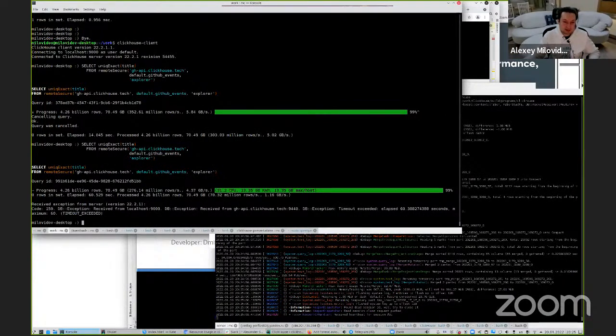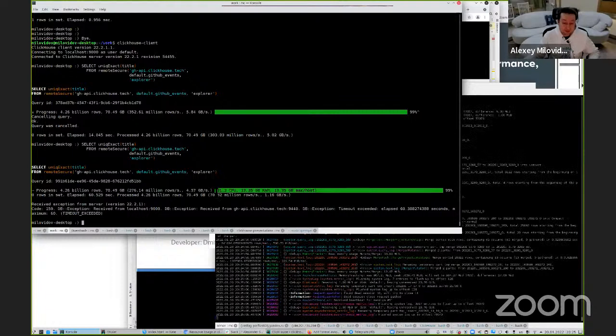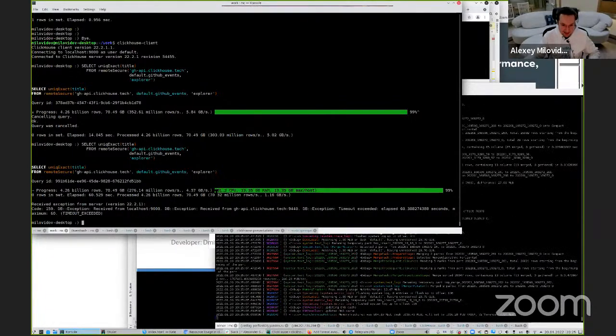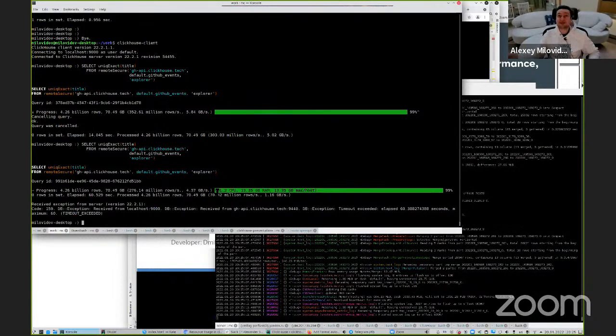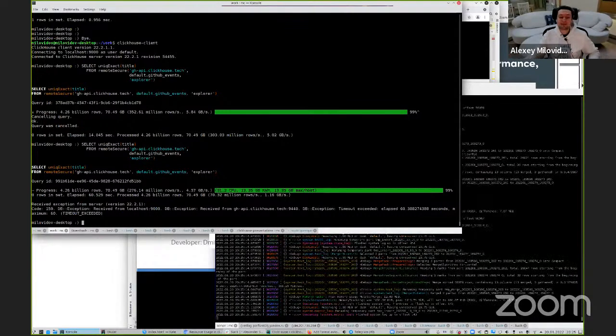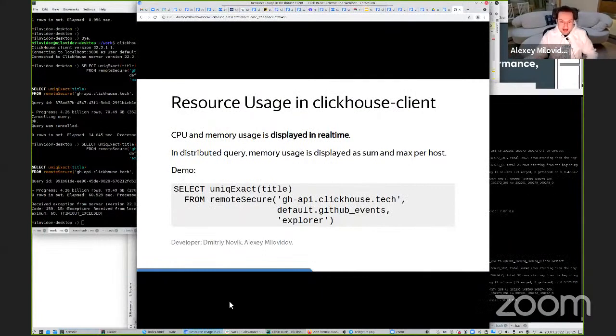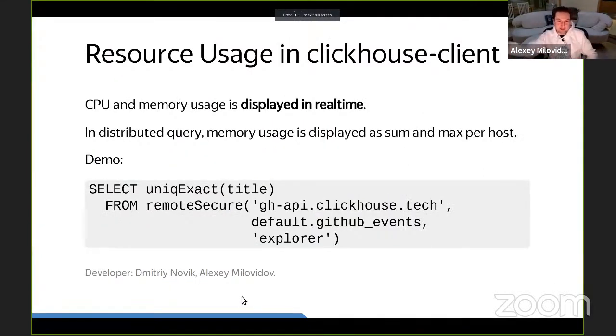But the purpose is just to show you this quite interesting feature. It looks small, but to implement it, we had to implement metric forwarding from every server to every other server and to the client. Now the client can easily display this resource usage.